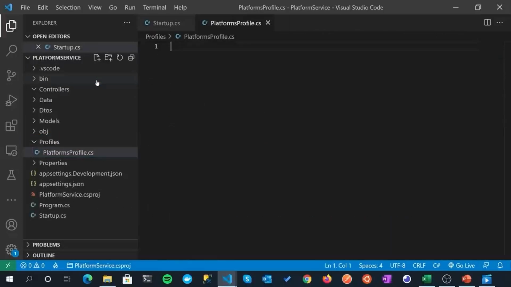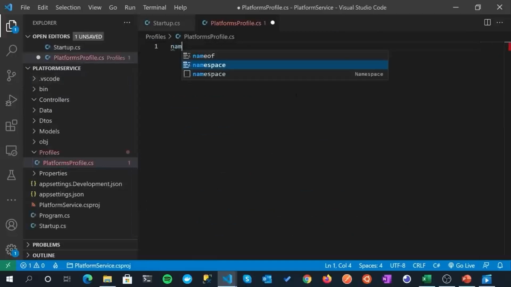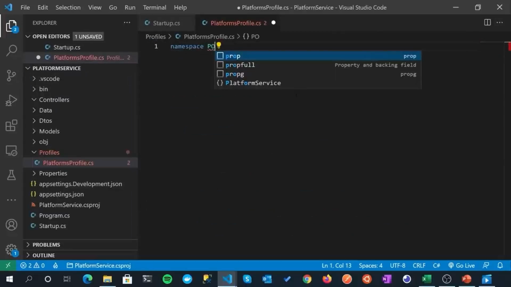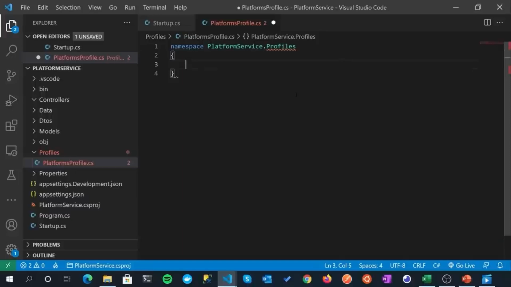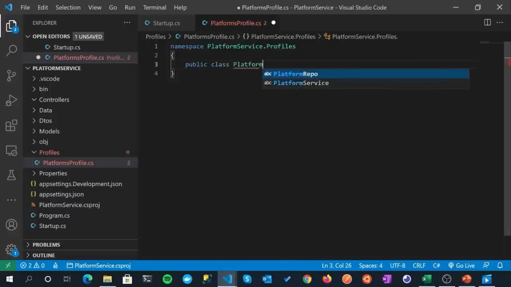.cs. Okay, and then the usual setup, the namespace of PlatformService, and this time it's Profiles, plural, and curly brackets, and then it's just a regular old class, so public class PlatformsProfile.